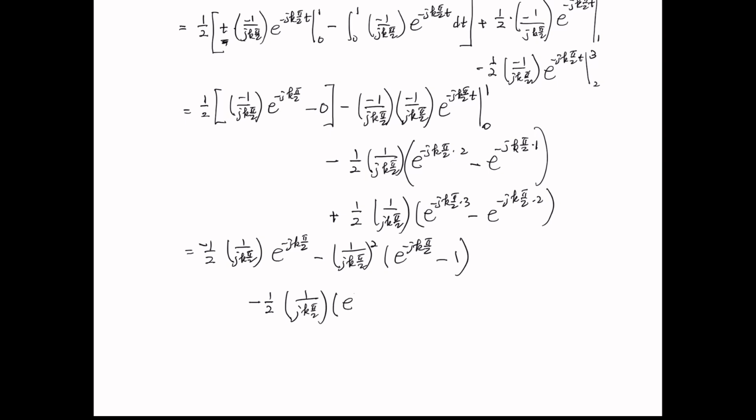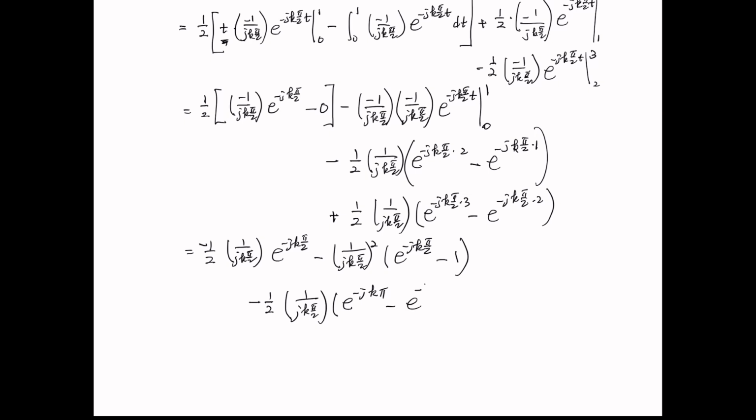That equals 1 over 2. I'm going to take negative 1 out, so negative 1 over 2. We have a 1 over jkπ/2 times e to the jkπ/2 minus, we have 1 over (jkπ/2) squared and e to the negative jkπ/2 minus 1, and negative 1 over 2, 1 over jkπ/2, we have e to the negative jkπ minus e to the negative jkπ/2,